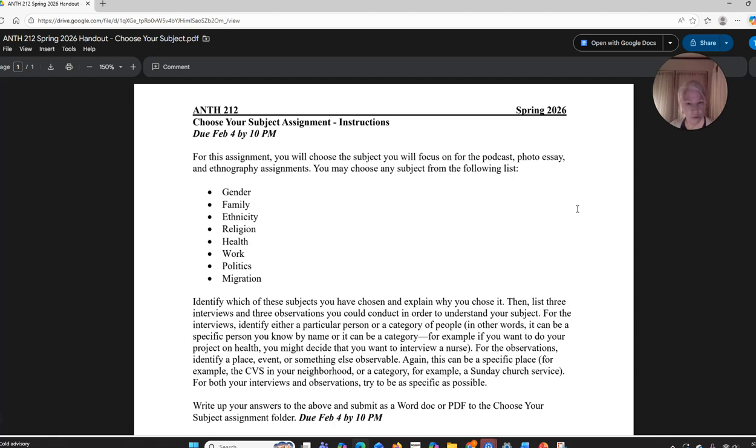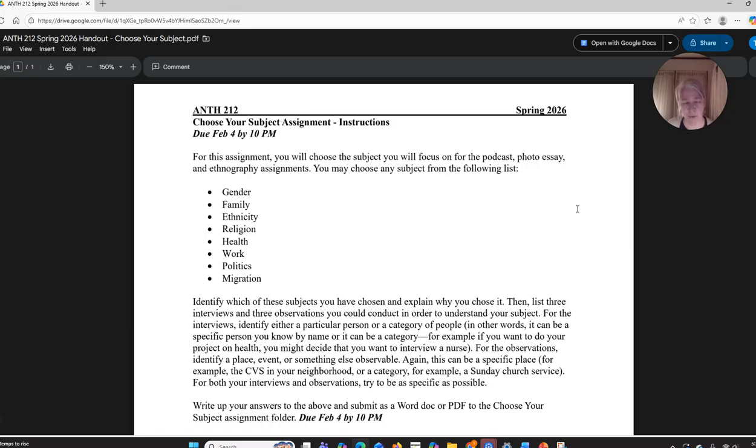Or if you think, I want to do my project on religion and I want to pick some site of religious practice, you could just say that. I want to go observe religious services somewhere in the city. You're going to have to get more specific down the line, but for now, I just want to know that, okay? So I'm giving you some flexibility here. Obviously, the more you can think it through earlier in the process, the more momentum you'll get going. But it's okay to still be figuring it out by the time this is due, okay? So that's all you're going to do.